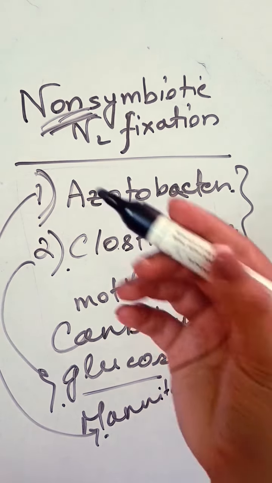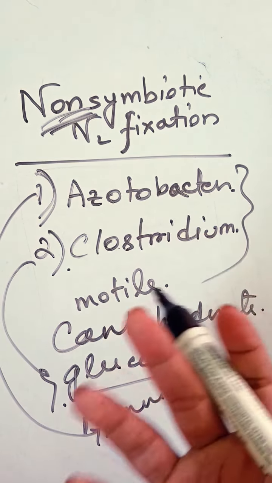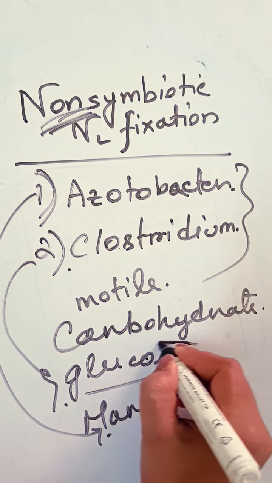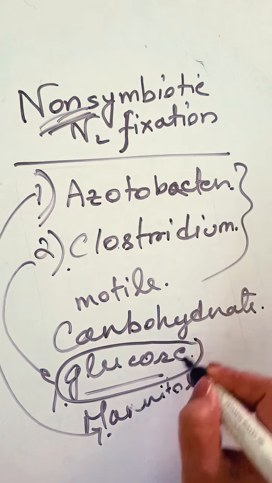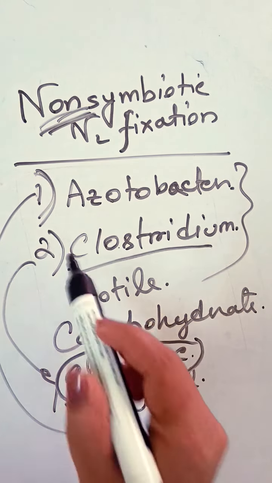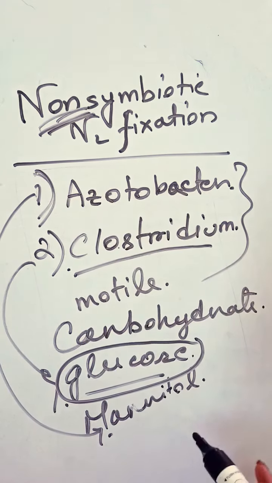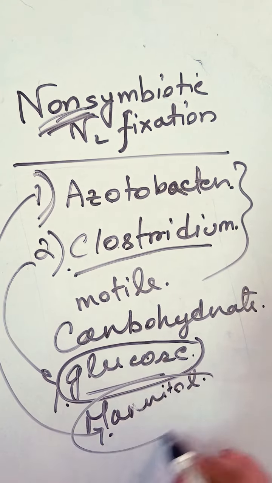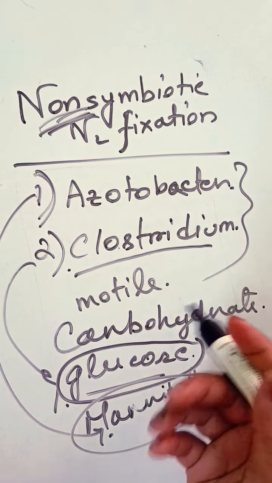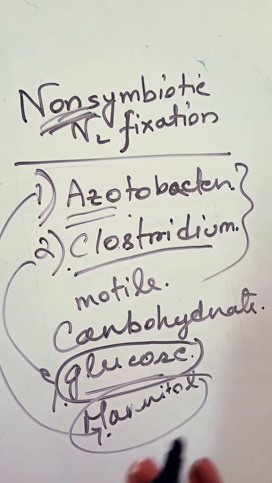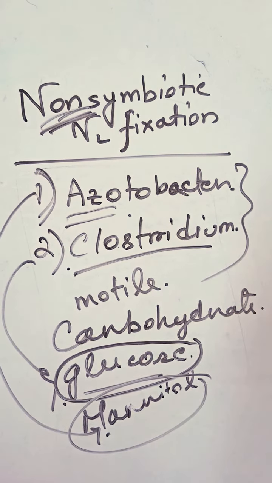If you want to isolate Clostridium and Azotobacter both, you need to prepare a medium. If it is supplemented with glucose, it will obviously give rise to Clostridium in a huge amount. The Clostridium CFU count will be greater than Azotobacter, and if you replace the glucose with mannitol in the same growth medium, it will give rise to a huge amount of Azotobacter. So this is the distinguishing feature. So this is non-symbiotic nitrogen